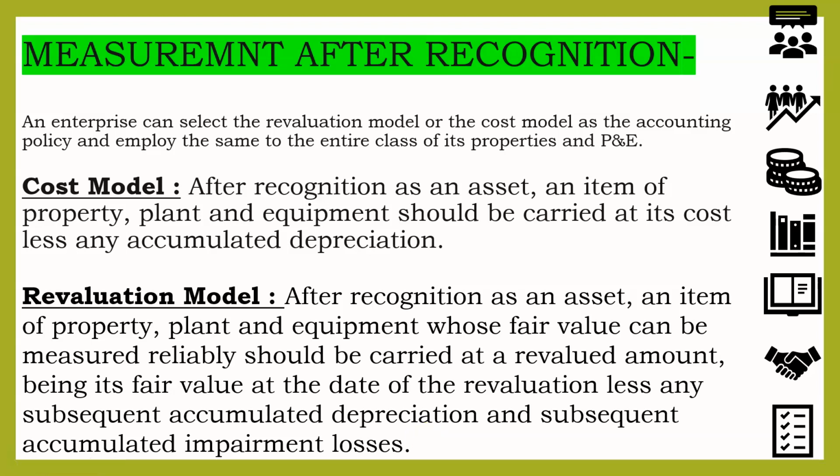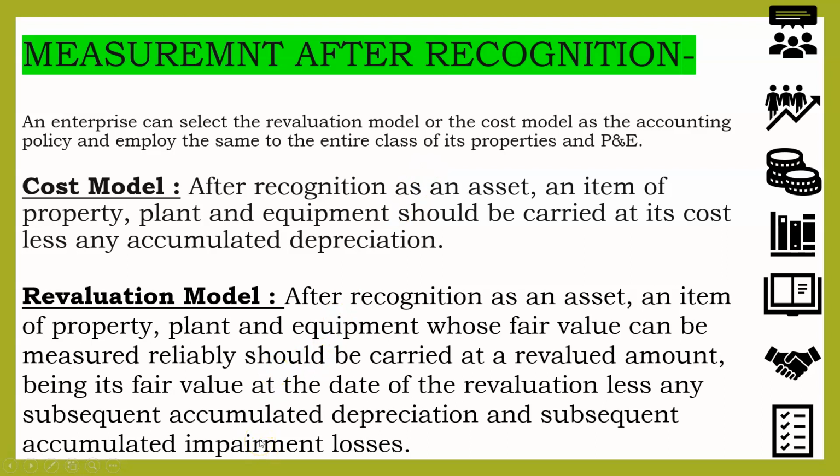Sometimes it happens that every year you are charging depreciation of 20,000 to a particular fixed asset that was purchased for say 1 lakh, and currently if I see in my books of account, the cost of the asset stands at 50,000 rupees, but in the market, due to say new technology or advancement in technology, a similar asset stands at 40,000 rupees. So in my books of account, I am showing the cost of the asset after charging depreciation at 50,000, but in the market the same asset is for 40,000. So this is known as my impairment loss.